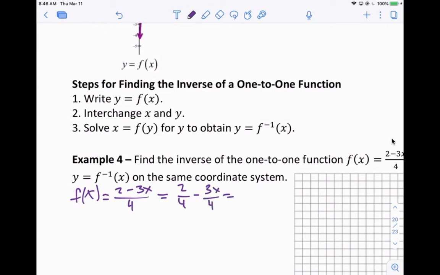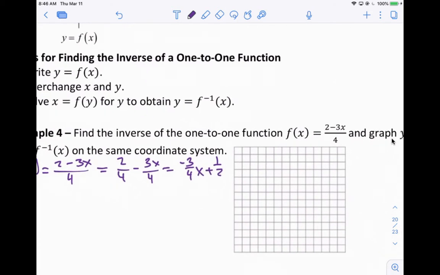And rearrange it so that you get negative 3/4 x plus 1/2, and you get a classic y equals mx plus b form. Okay, so that was a quick reminder on that. If you need more help, by all means, contact your teacher and get a refresher on graphing linears. So up 1/2 and down 1, 2, 3 over 1, 2, 3, 4 gives us a very poorly drawn